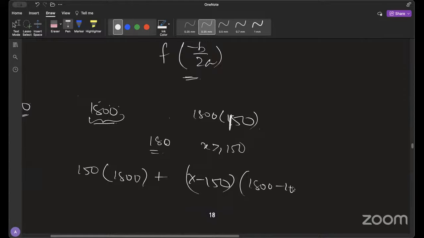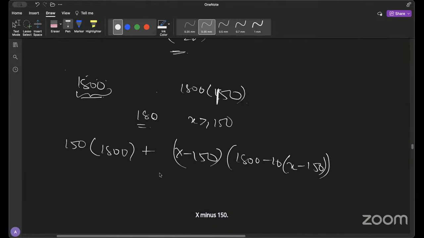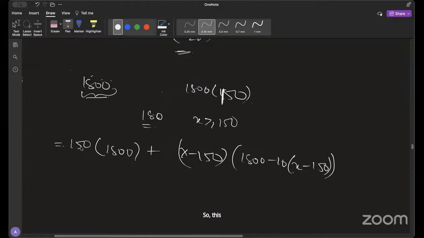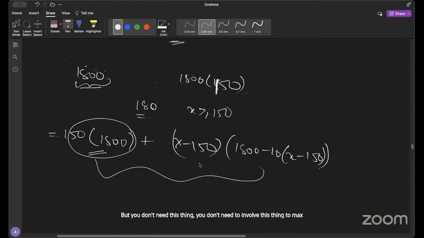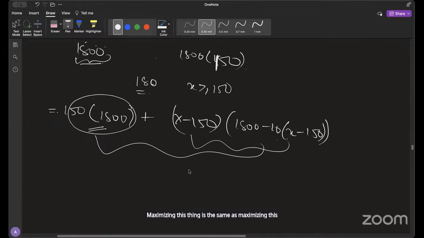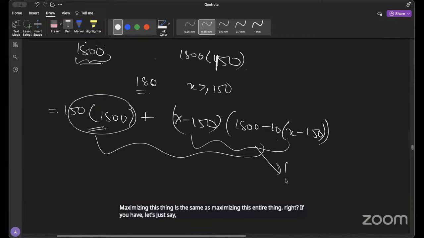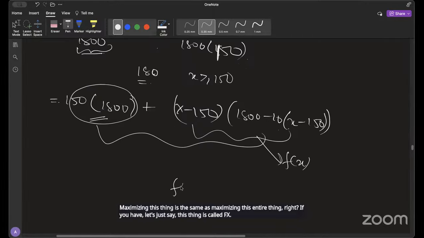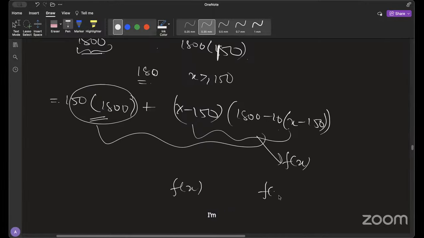1800 minus 10, x minus 150. So the actual function would be this. But you don't need this thing to maximize, because maximizing this thing is the same as maximizing this entire thing. If you have, let's just say this thing is called f(x), then maximizing f(x) and maximizing f(x) plus 150